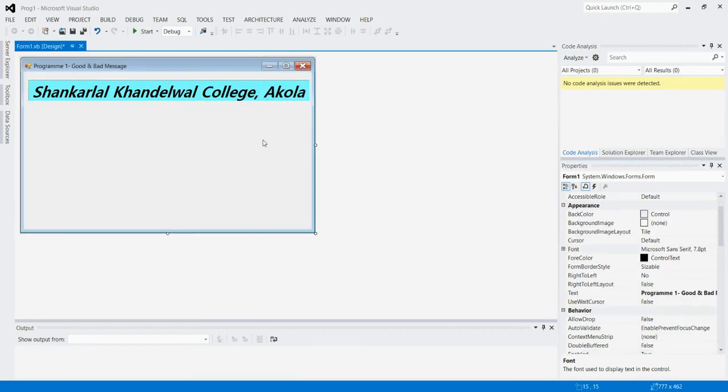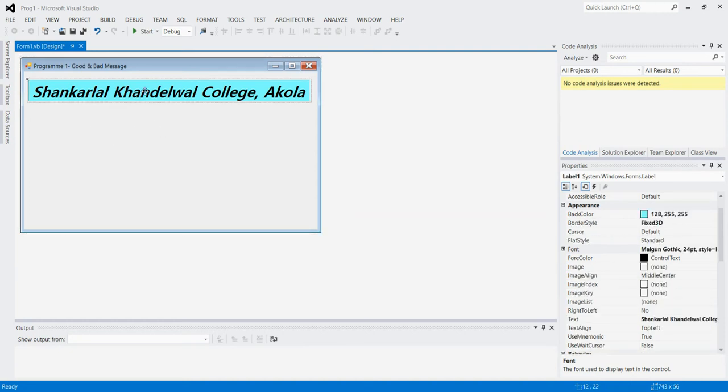So here you will see the label has changed. Its text appears over here, its background color is changed, and we have selected the size of the text as well as the text type.